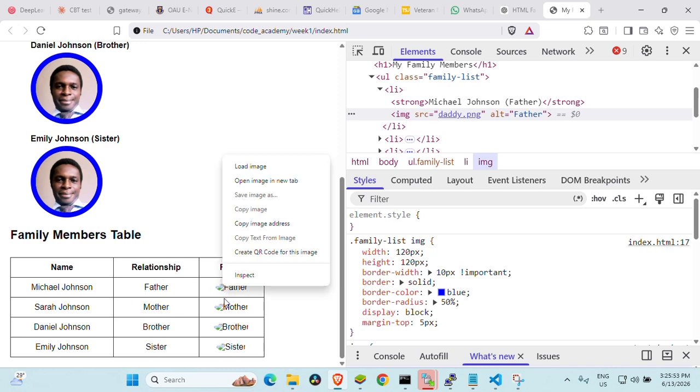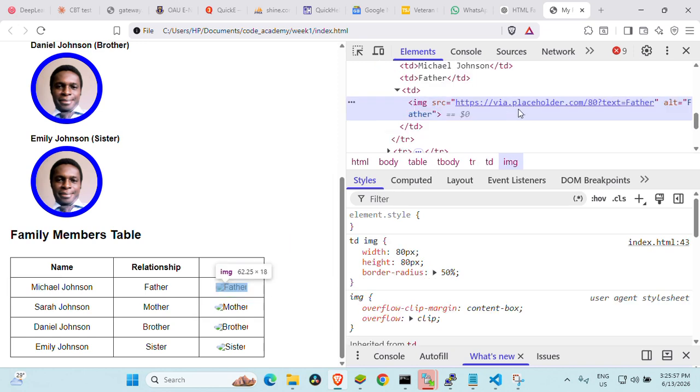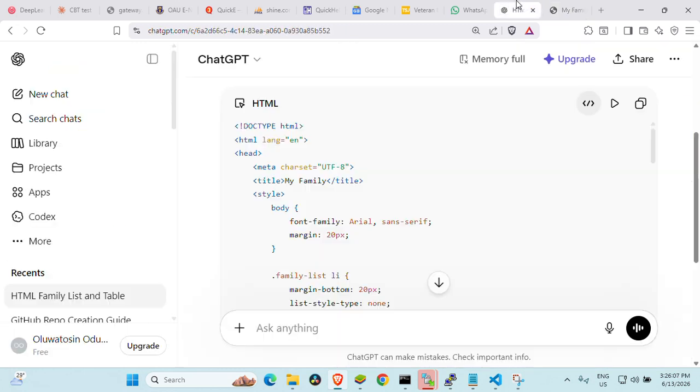Anytime you see images like this that are not loading, you can inspect it. So it's still pointing to the placeholder. You can as well replace that source with an actual image too, and then it will work. Once you have done that, the next thing is to now go to